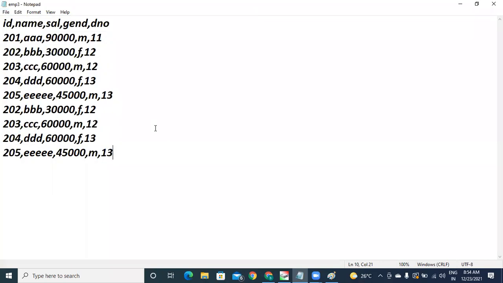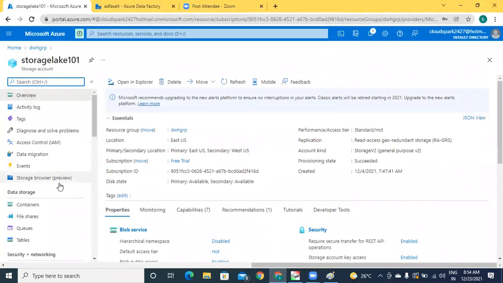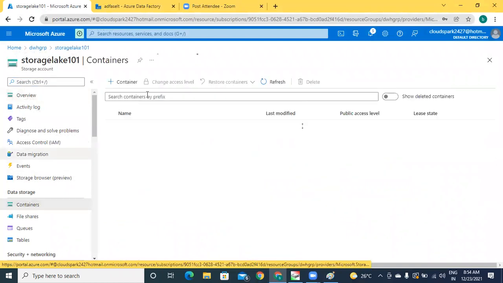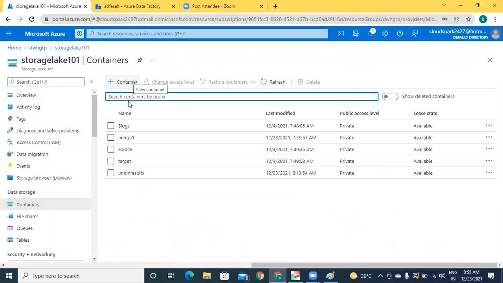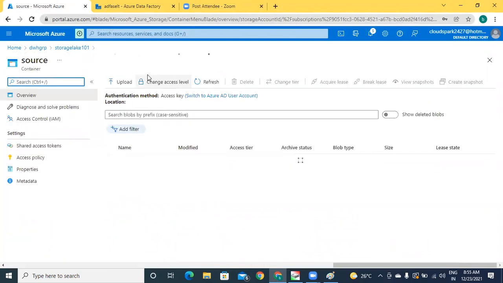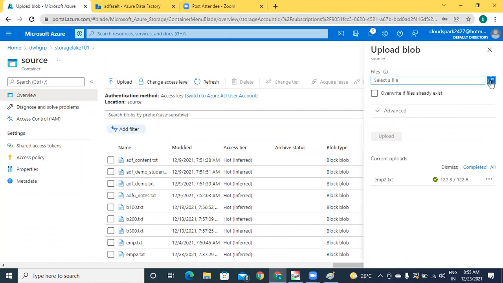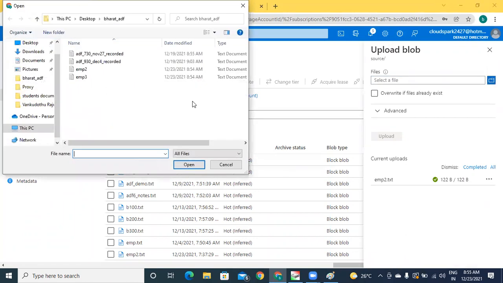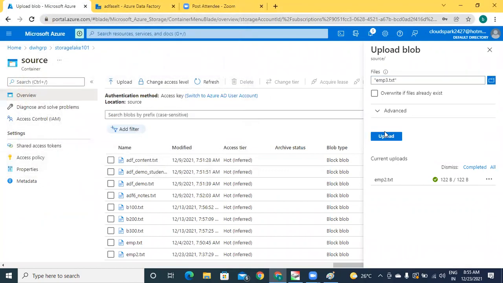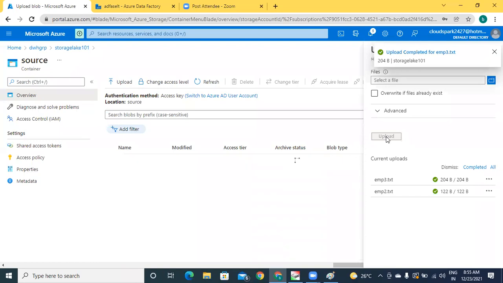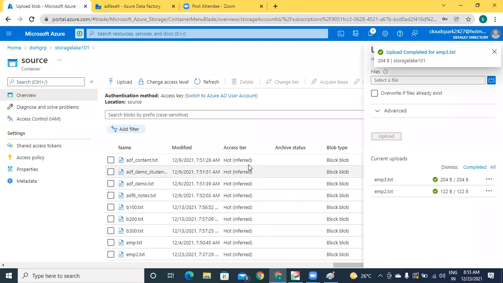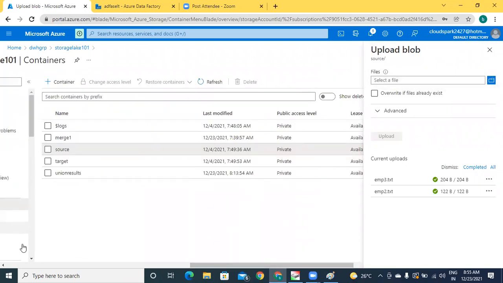Let's say the file name is EMP3. I'm uploading this. The fresh file I have uploaded.